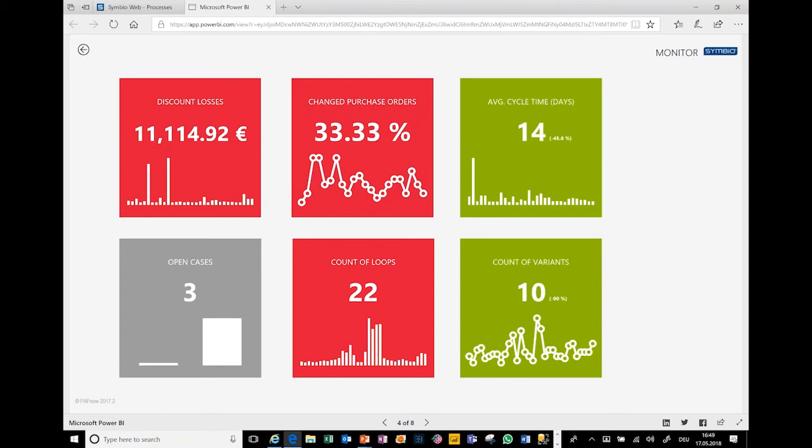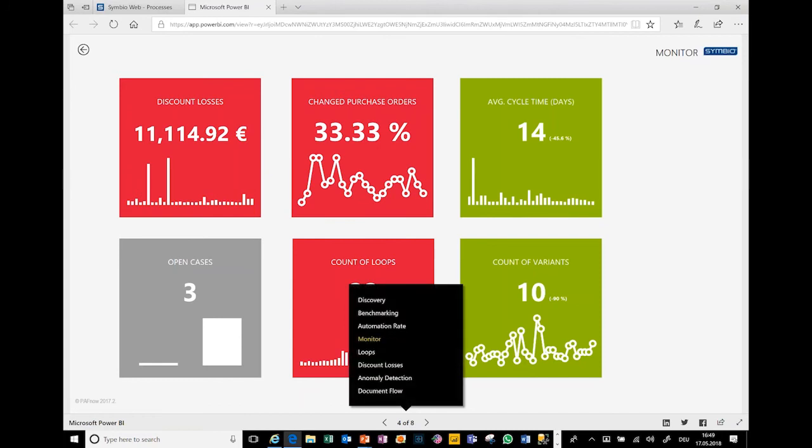So if you build a dashboard based on certain KPIs, or if you do some kind of monitoring, or if you would like to do some kind of alerting, so you define certain thresholds for your KPIs, and then you get an automated alert per email or on your mobile device, whatever. These are all things that are more or less built in, and that you can leverage in this application. And this is a little bit beyond the classical process mining.